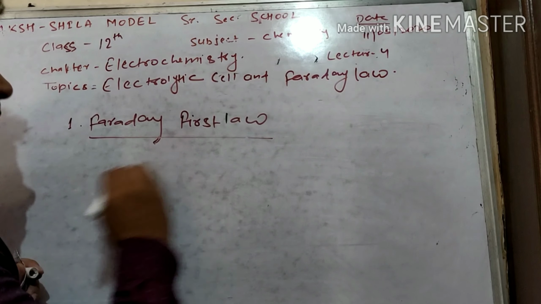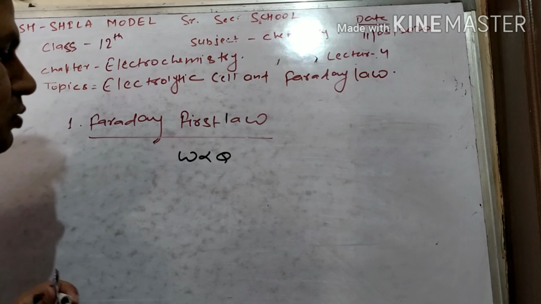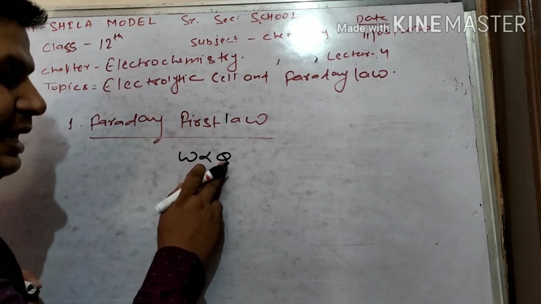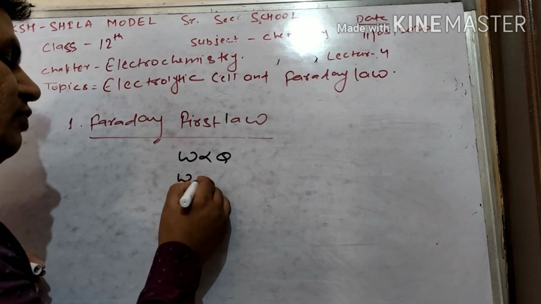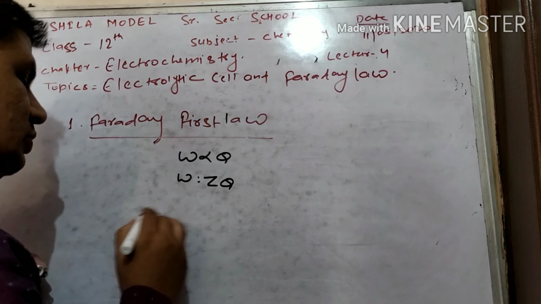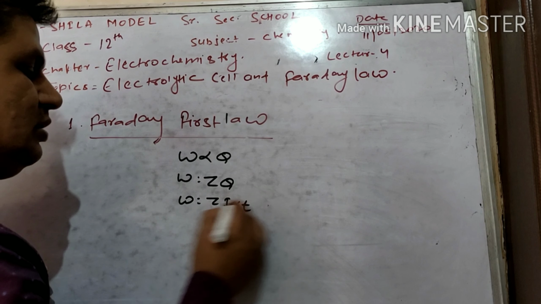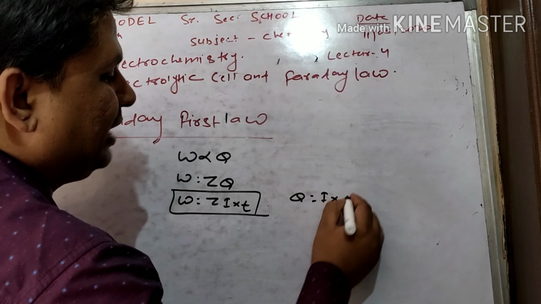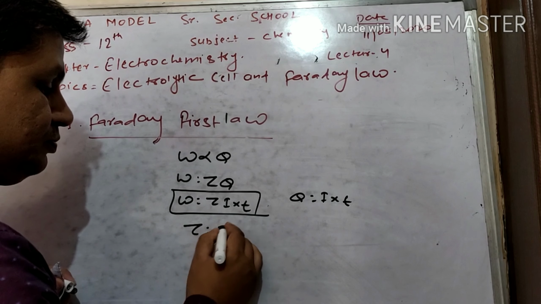In mathematical way, W is directly proportional to Q, the mass of substance deposited or liberated at any electrode is directly proportional to the charge flowing through the circuit. And when we remove the proportionality constant, it is written as W equals ZQ or W equals ZIT, because Q is equal to I into T, where Z is known as